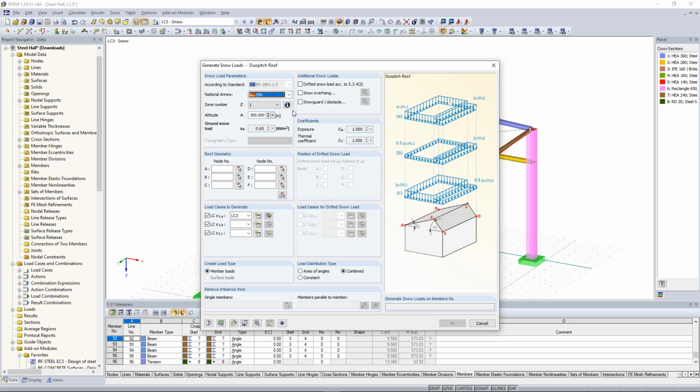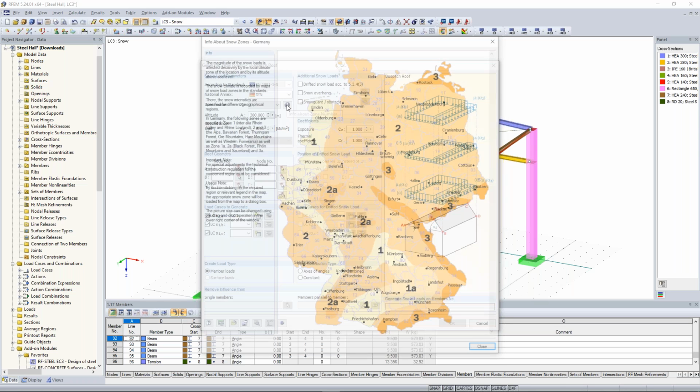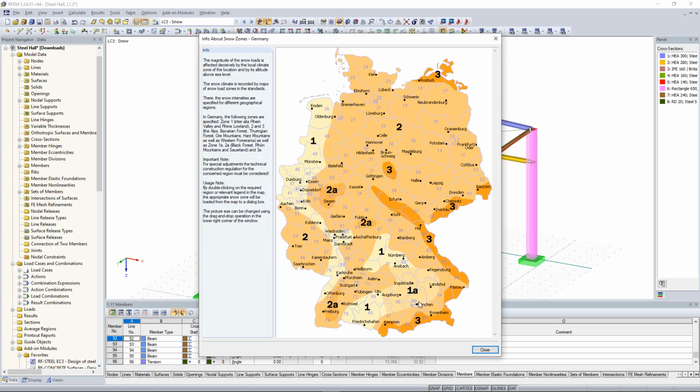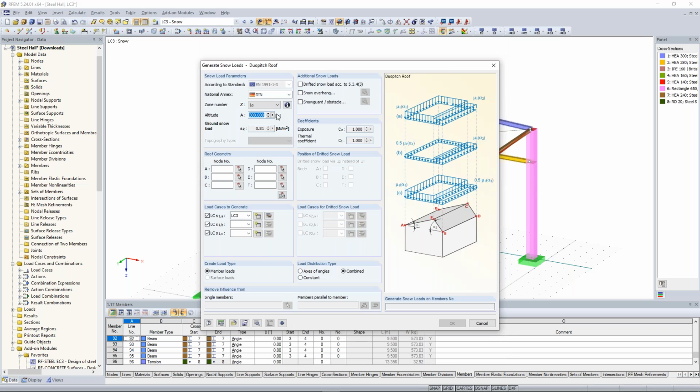And here I choose the SO number. First of all, I have to choose the right national annex. I decide for Germany because we are located in Germany. I choose here the right information zone. In this case, I choose here Munich. I double click. The altitude is set to